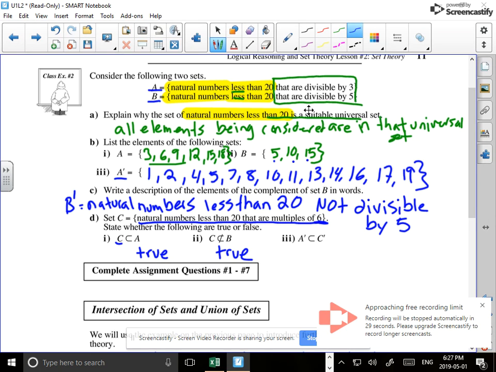If we think about this logically, C prime has way more numbers in it than A prime does, because C prime only excludes 6, 12, and 18. So of course A prime has all those things. A prime is a subset of that because C prime is going to have way more numbers in it. So all 3 of these statements are